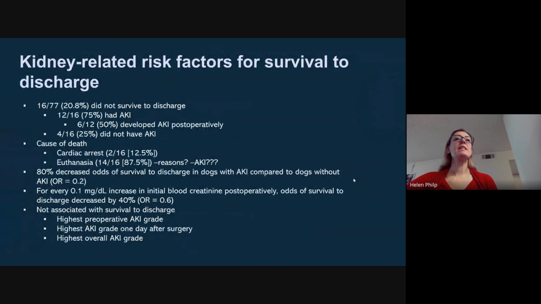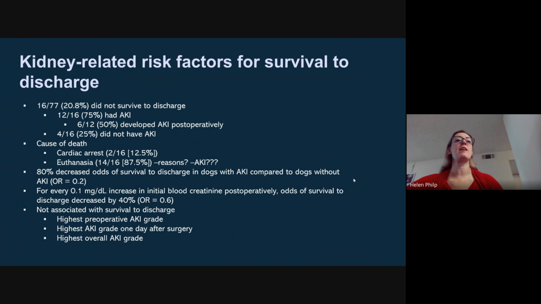And in terms of kidney-related risk factors for survival to discharge, they report that 20% of patients overall did not survive to discharge, and 3/4 of those had an AKI, and around 1/4 did not have an AKI. They do report that mortality was certainly much higher in dogs with AKI, so an 80% decreased odds, and I have to remember this is odds, not an actual risk ratio, but decreased odds of survival to discharge